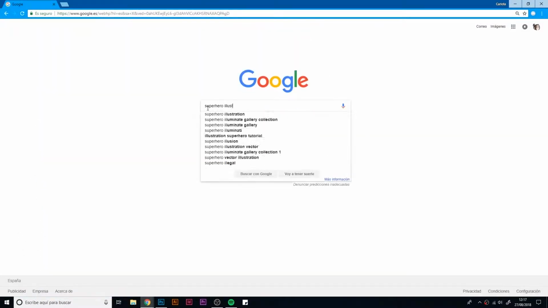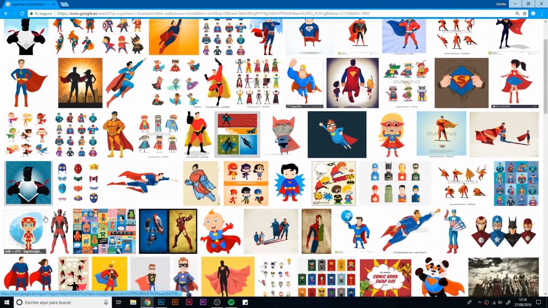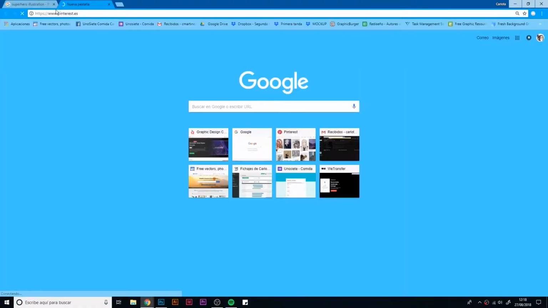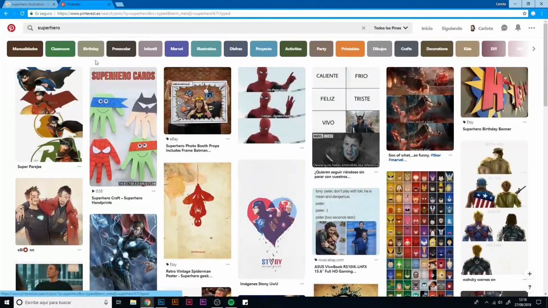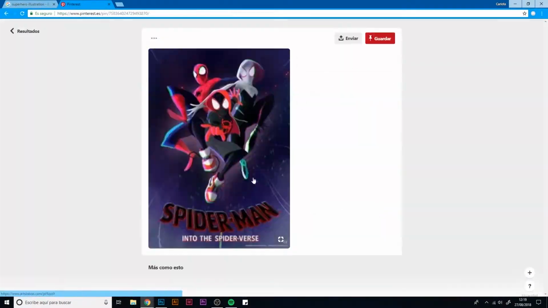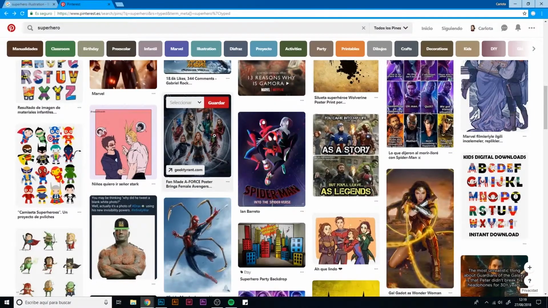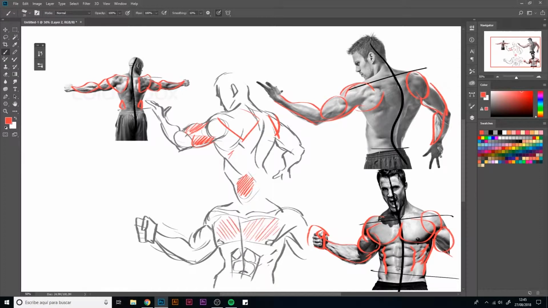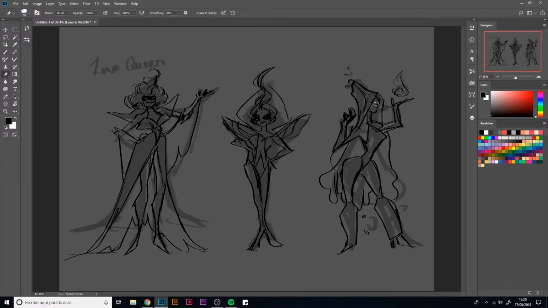Okay, so in this course we are going to work in a very interesting subject: superheroes, characters with special powers. We are going to take a look at the visual representation of some superheroes known by everybody. So it's going to be a nice reference. We are also going to talk about the body structure and the anatomy that we can depict within our drawing